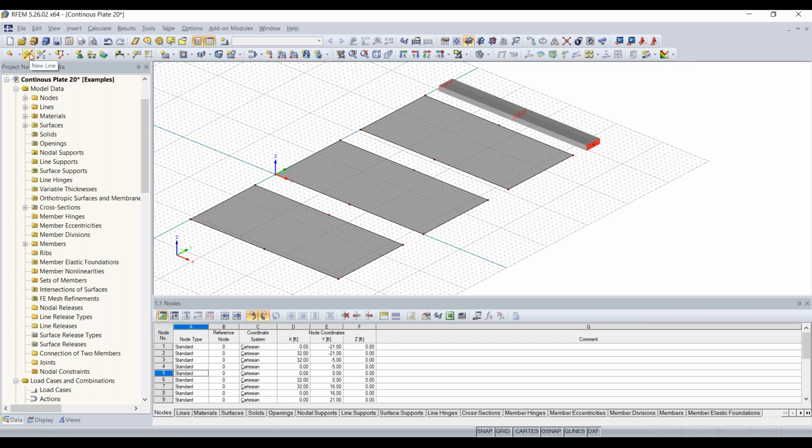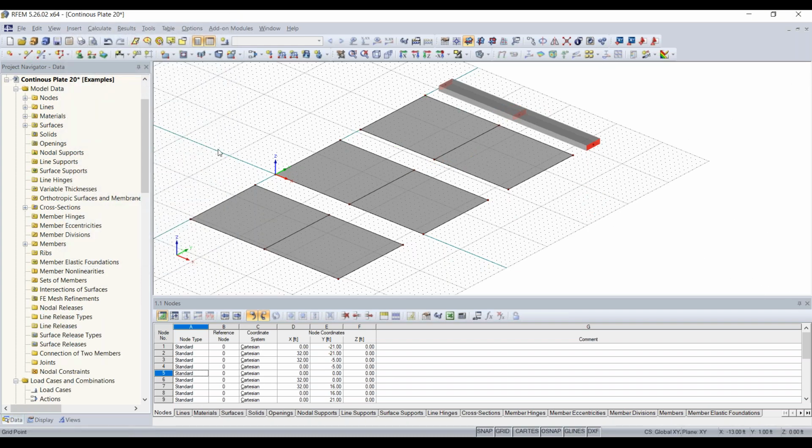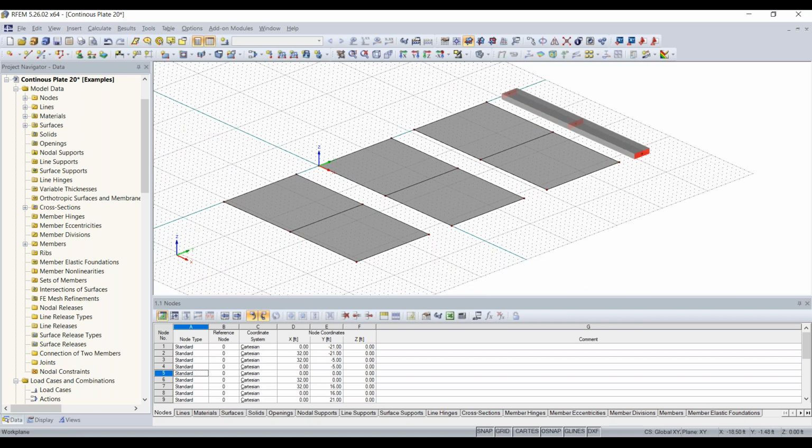And to just draw a line, you can go up here to this tool called New Line. And then we can snap to our nodes that we placed here. And we can simply just go through and draw our lines, just like so. And now we can add our supports in. So to create a new support, we can go up here to